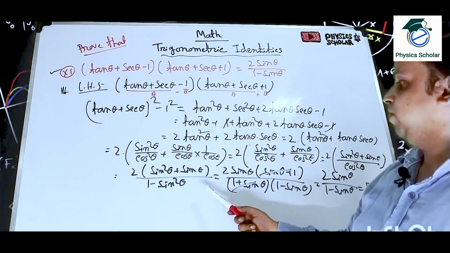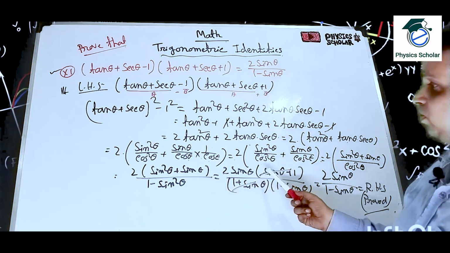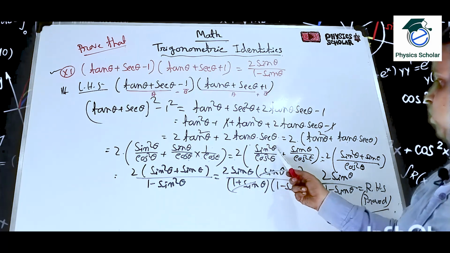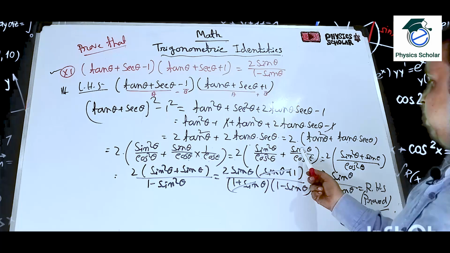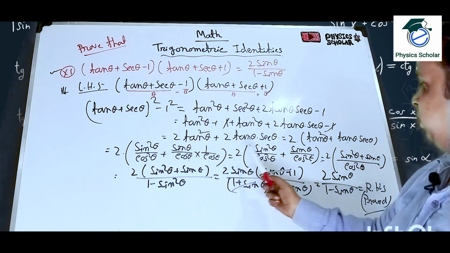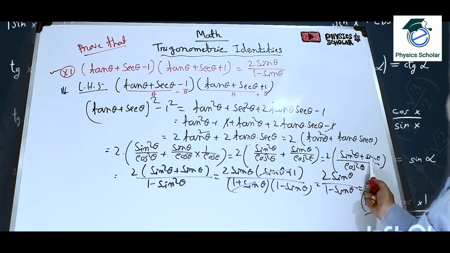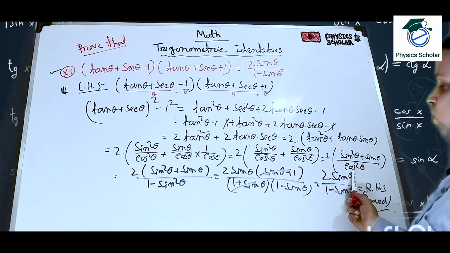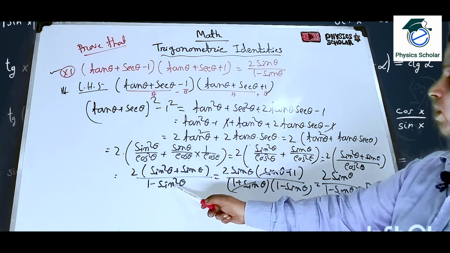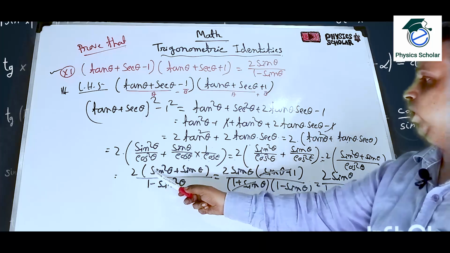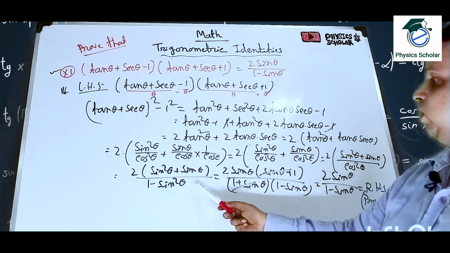1 by cos theta is equal to what we can write? Sin square theta plus cos square theta plus sin theta by cos into cos, means cos square theta. Clear? So 2 common, so it is sin square theta plus sin theta divided by cos square theta. So cos square theta means 1 minus sin square theta. So 2 into sin square theta plus sin theta divided by 1 minus sin square theta is equal to